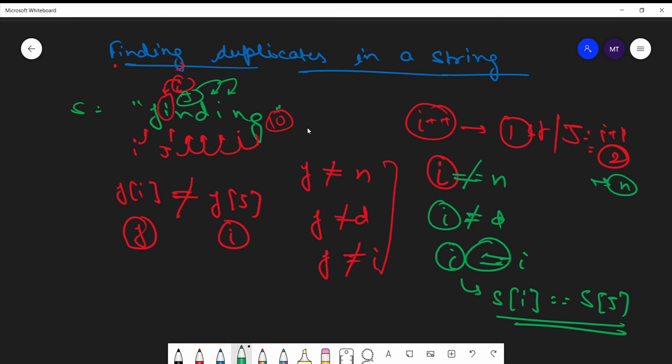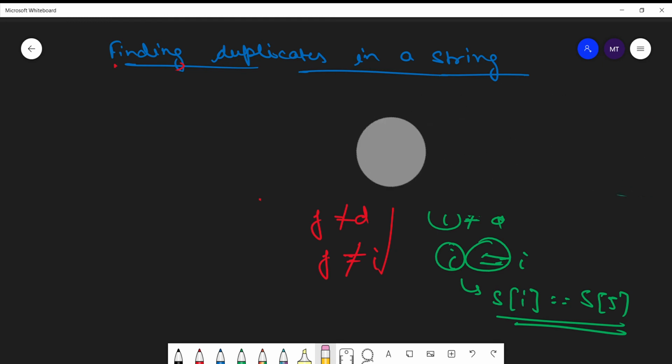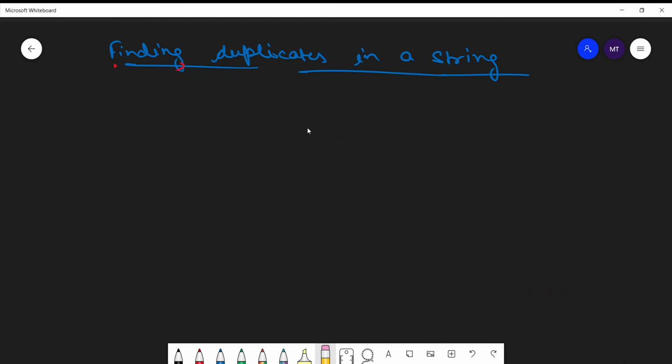So at this point of time, our program will return true or print that there are duplicates in the string. Or we can also count how many duplicates there are in the string. We will discuss these things further, so let's have patience and discuss in more detail. Let me clear it out first, and with our pseudocode I will be discussing it again. Let me keep the string here also: finding. This was the problem string s, and